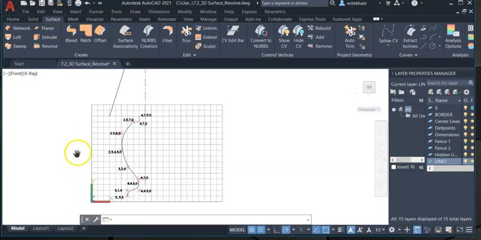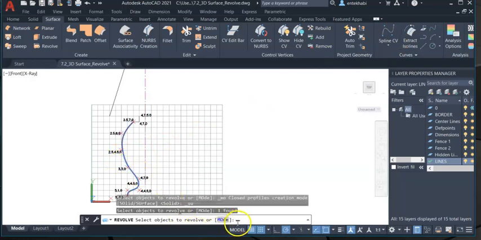Under the surface tab, you will see the Revolve tool, the Revolve command. Select Revolve. You can still type Revolve from the keyboard as well. Select the curve, the spline in this case, and it normally has to be one piece, or you can select multiple items, but one piece is always convenient. Then